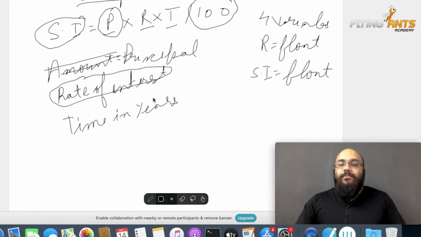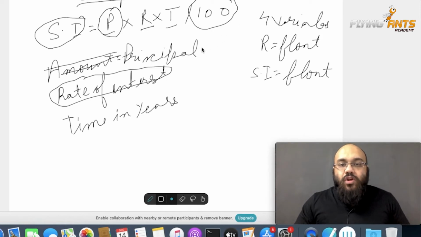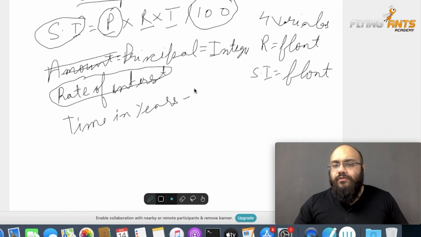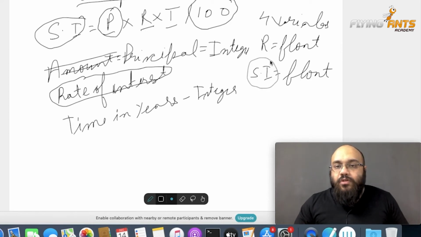For simplicity, principal would always be an integer, and the number of years is obviously either 1, 2, 3, 4, so it would be an integer, right? Now why is SI float? Because R is float. If it is a decimal number, the result can be decimal or not decimal as well. But SI is a floating variable.